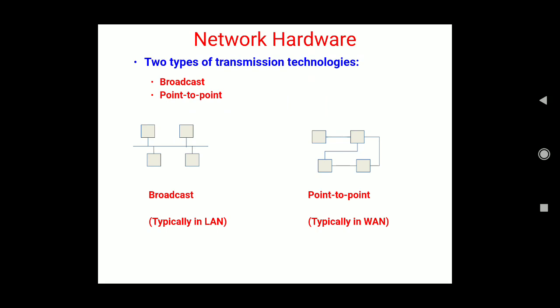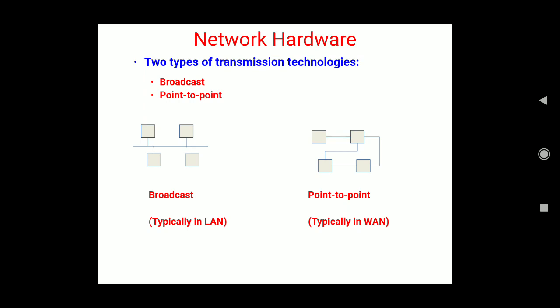LAN it is called as. We'll see the meaning of that afterwards. And on the right side, you have got point to point network. In the case of broadcast, you can see that the rectangles representing the machines or computers are connected to each other through a common or shared medium, a line that is shown here. So the communication medium is shared here. The communication medium connects all the nodes which are present here.